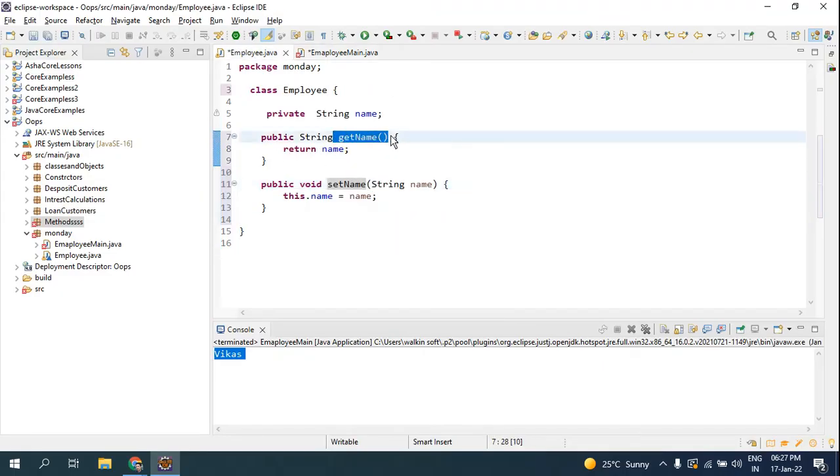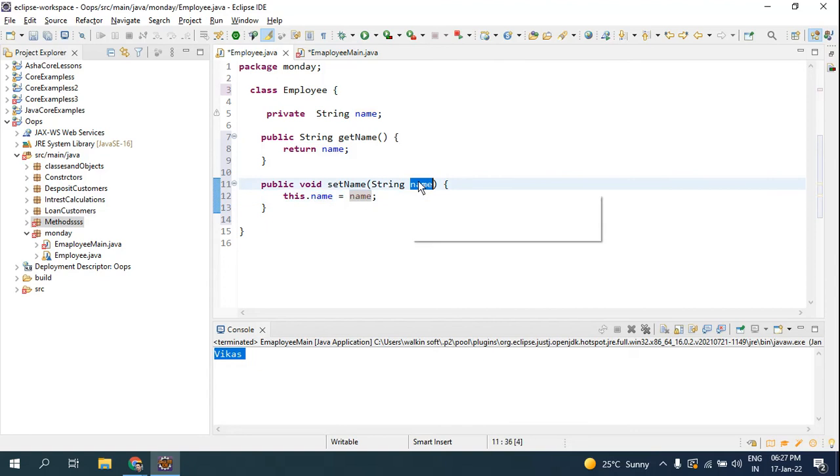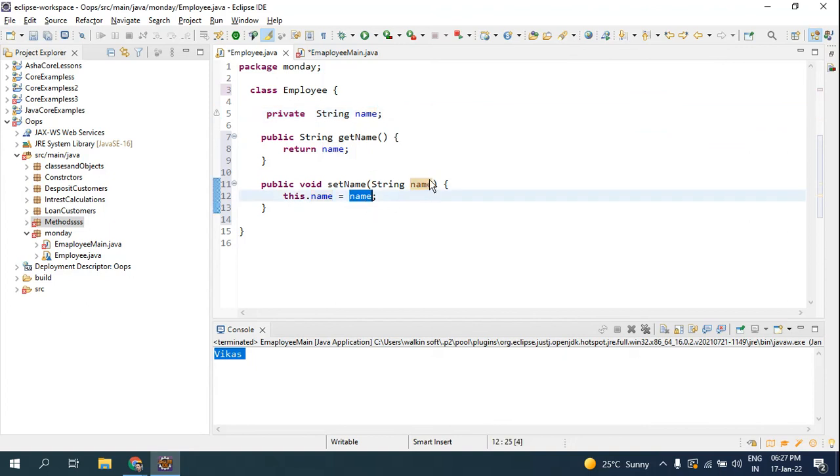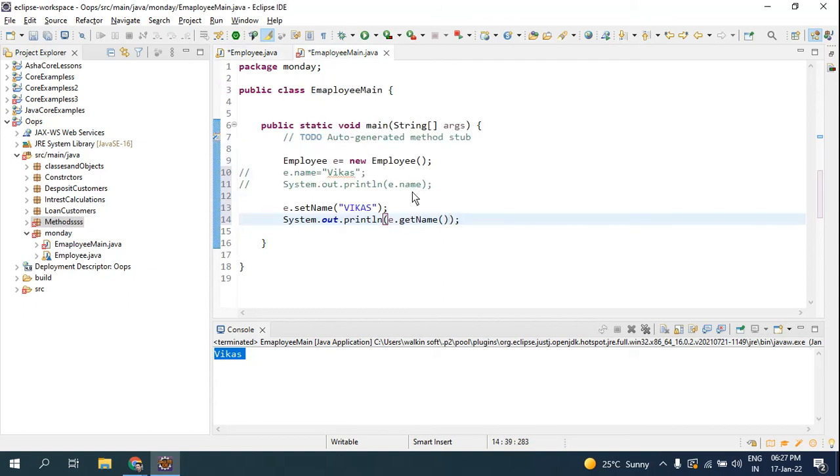So when you call this method, it will return the name. So what is the name? This name is nothing but the value you are going to assign here. And what is this name? This name is the attribute. Look here, this is of blue color, and here you can see this dot blue color, and that blue color is equal to the value you are going to assign, which will be the name in brown color. The brown color is something you are going to pass here in the setName. So observe here, this is the brown color name in the setName which returns the value. This dot name is equal to Vikas, and by getName you are returning this name.